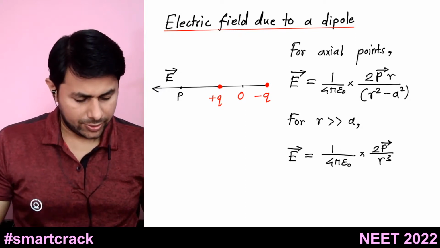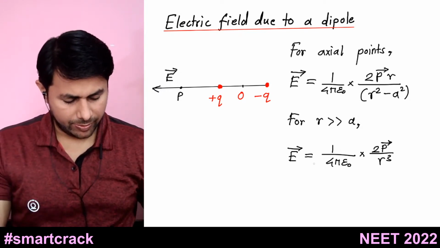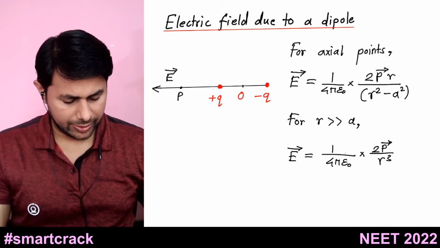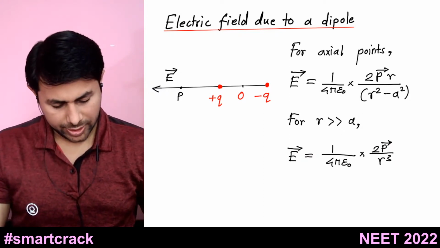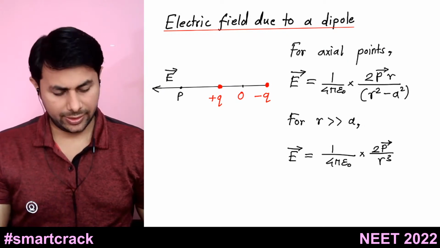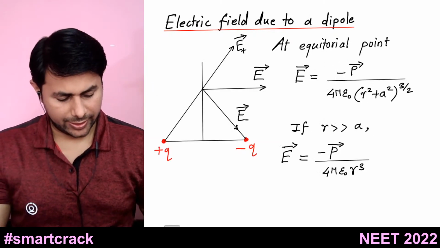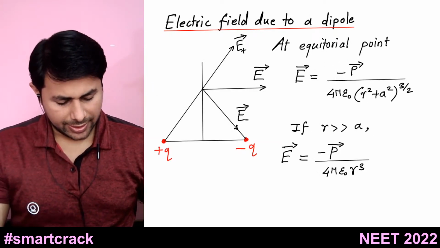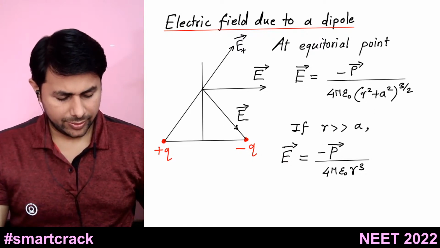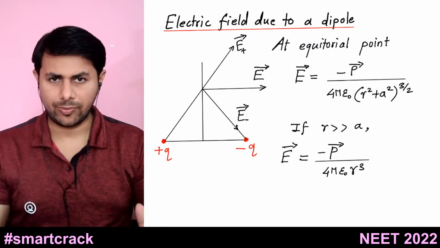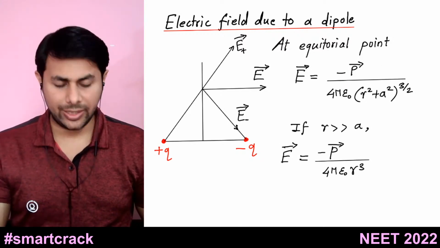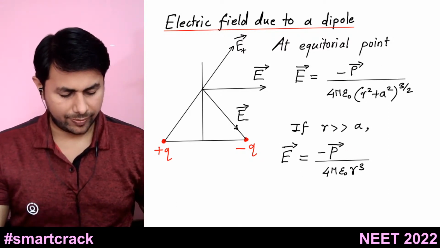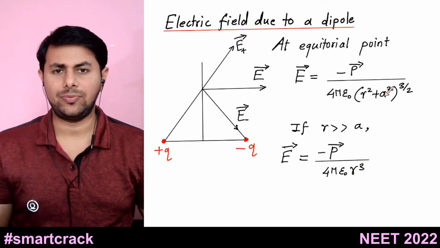All right. So we'll just memorize this formula. E equals 1 over 4 pi epsilon naught into 2p upon r cube. So this is for an axial point, and for an equatorial point, the magnitude of electric field is equal to this formula. This is the complete formula, but in most of the cases we don't need this. What we need is this formula,